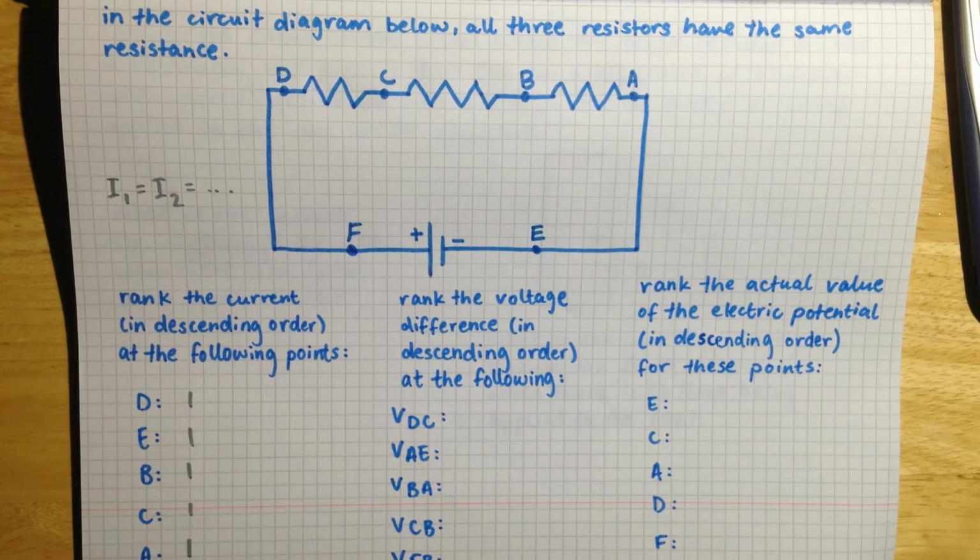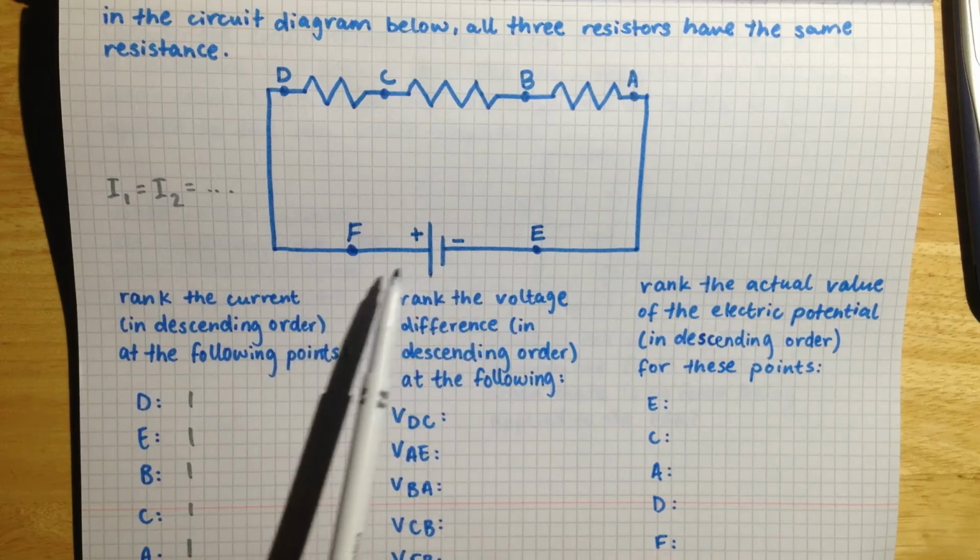The second question is asking us to rank the voltage difference at the following points in descending order. Voltage is dependent on current and resistance, and we already know that the current is going to be the same throughout the entire circuit, so we are just going to be basing these values off of the resistance. So even though the current is the same throughout the entire circuit, the resistance is not. The resistance changes at different parts, and we can see that here, like for example in this stretch there is